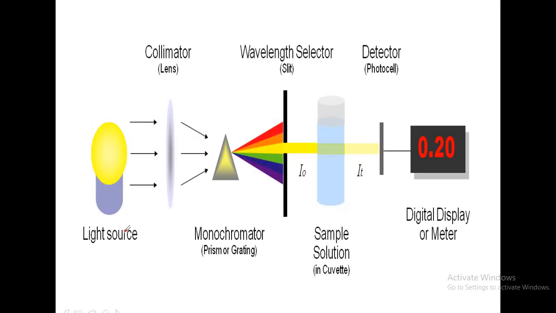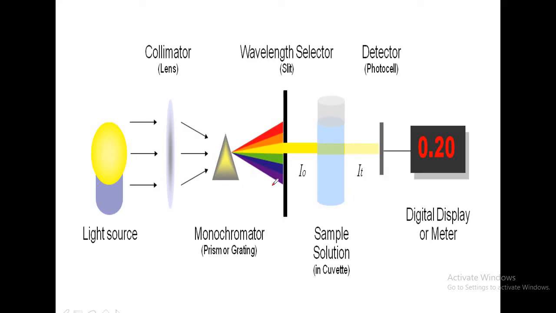Now let us see a colorful picture of the schematic representation. This is a light source, and here we are getting many wavelengths because it is a mixture of all the wavelengths, and it is a collimator, and a collimator lens. This light is made to pass through this monochromator, or that is prism,